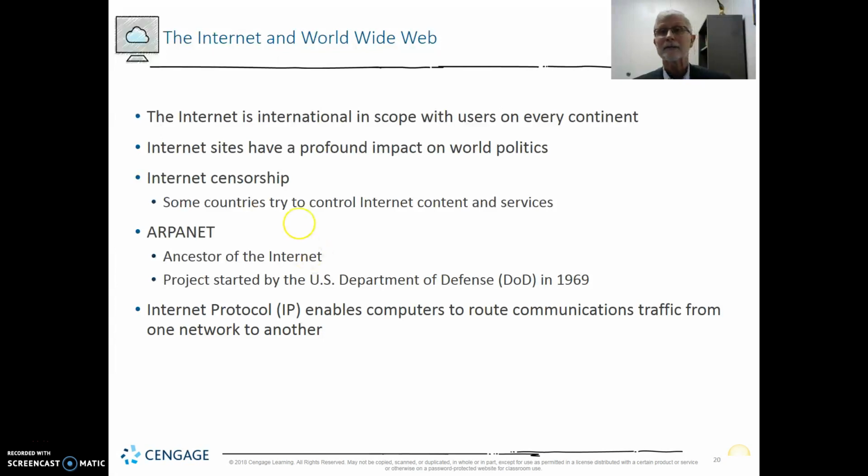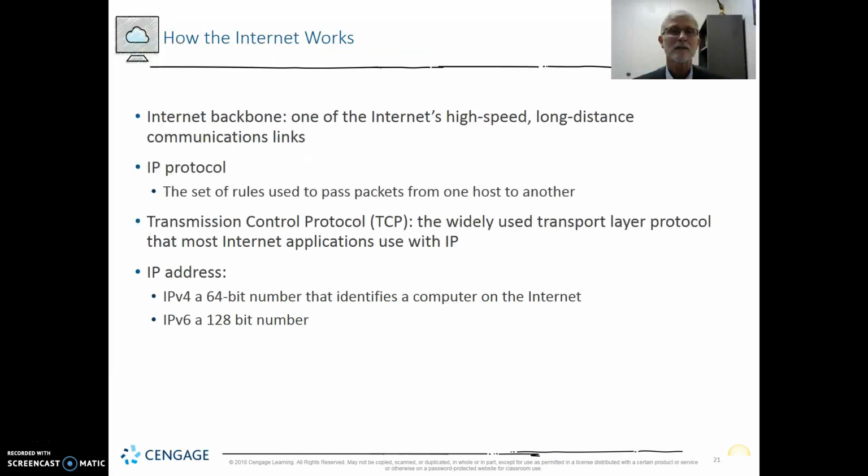The internet, a little bit of history there. Basically, it was created as ARPANET in 1969. IP is one of the protocols, a set of rules that allows users to communicate. And I'm running out of time here, so take a look at the rest of how the internet works. You've got IP addressing,